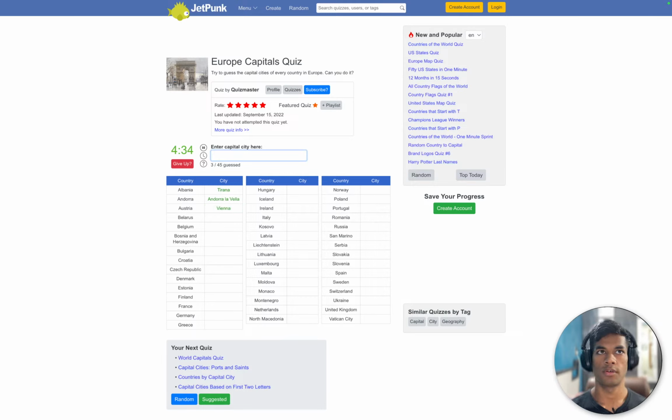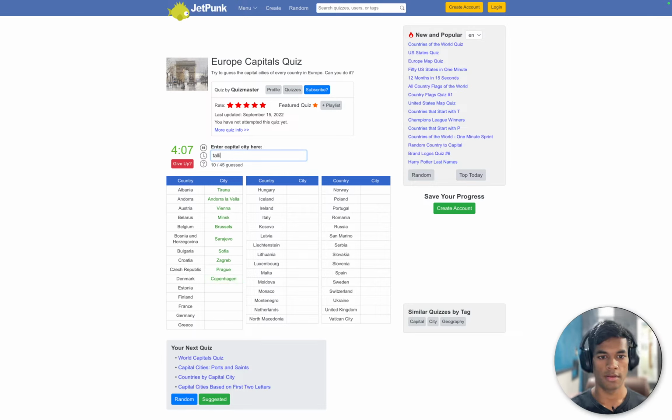Belarus, where is Sofia, Bulgaria, shit. Belarus is Minsk, and then Belgium, Brussels. Bosnia, Sarajevo. Croatia, Zagreb. Czechia, Prague. Denmark, Copenhagen.